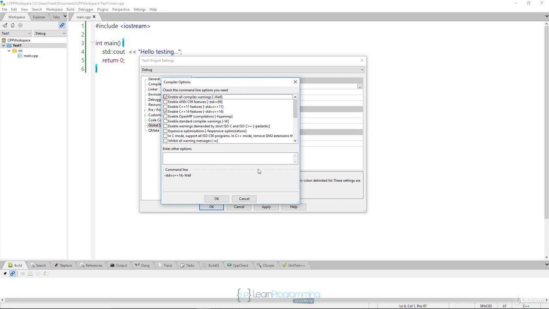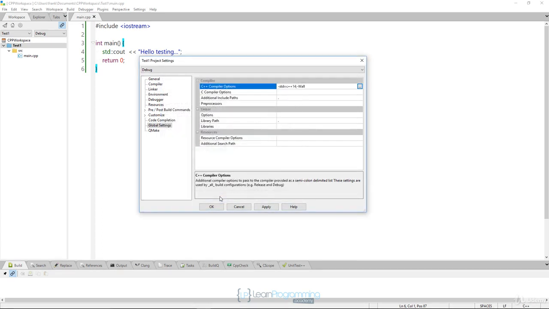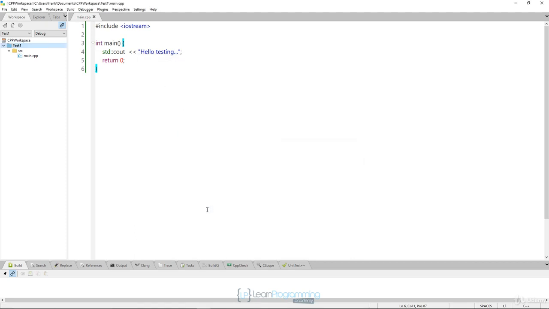Okay, so that's it for now. That'll be fine. We'll select OK, and we'll apply and OK. Perfect. Okay. Now, I also want to click on the workspace itself and right click on that and come down